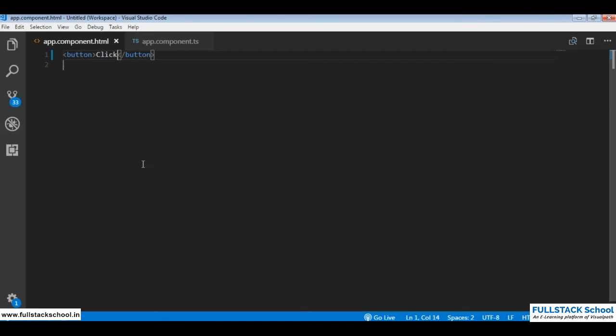Now event binding is represented using these brackets, and you type the event like click. So when a click happens, you need to call a function like onClick, and I'll save it. Now when I click on this button, I end up with an error. Let us see that in the console.